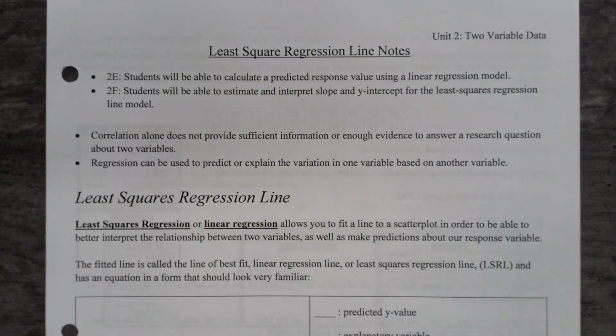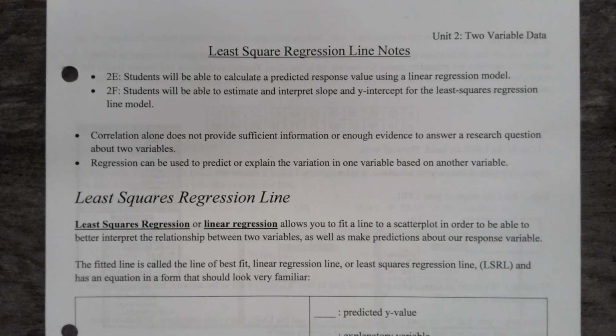Alrighty, so far we've talked about our correlation coefficients. We've talked about the relationships and describing the relationships and scatter plots between two different variables. We talked about correlation and causation, and we've talked a lot about interpreting those scatter plots as well. So now we're going to take a look at actually using a linear regression model to predict some type of